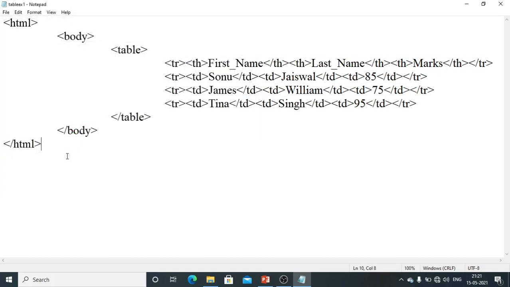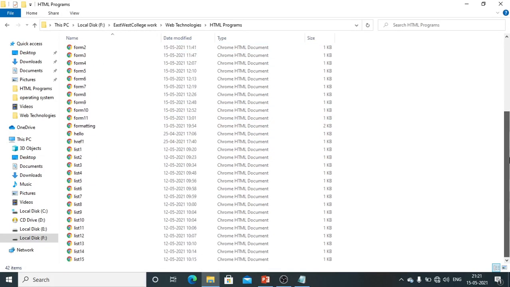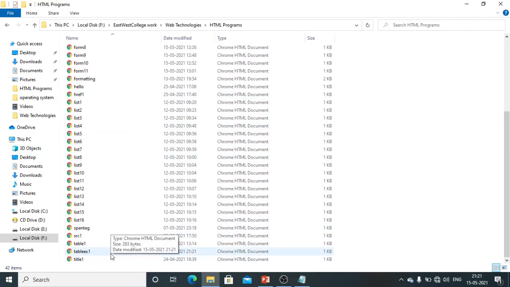Let me go back to my destination folder, so you can see where is table example 1. Okay, it is here, table example 1. It's a type of HTML file. So let me double click it, you will get an output.